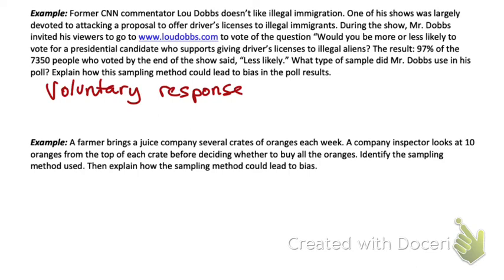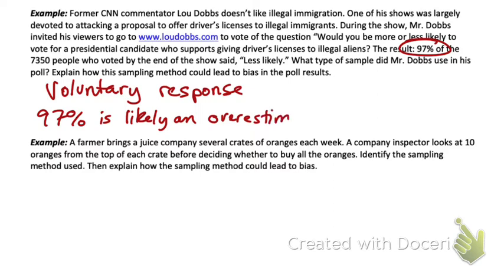Now, here's the hardest part, you guys. What direction is the bias in? Is the 97% an overestimation of the true population's opinion, or is it an underestimation of the true population's opinion? Overestimate. Very good. 97% is likely an overestimation